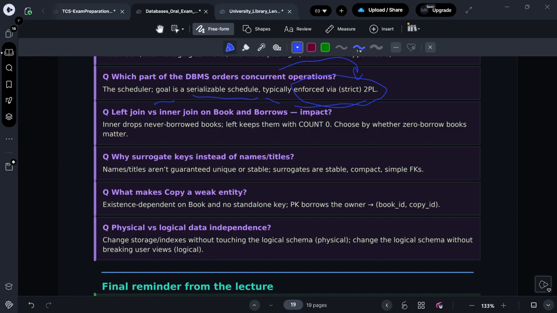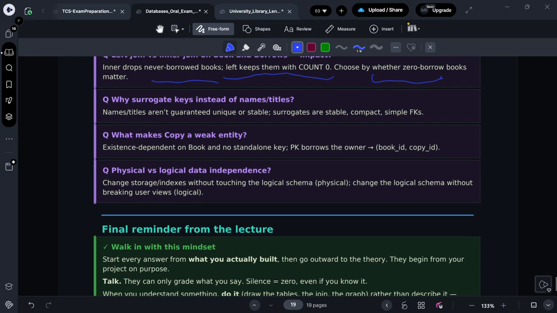Left join versus inner join on books and borrows: inner drops never borrowed books, and left keeps them with count 0. So the inner basically drops the never borrowed ones, and the left keeps the left side with the count 0. Choose by whether